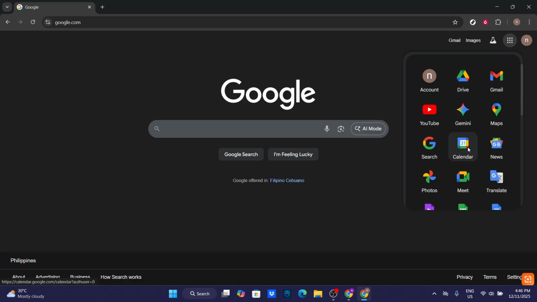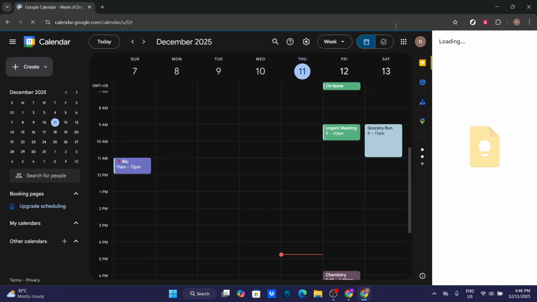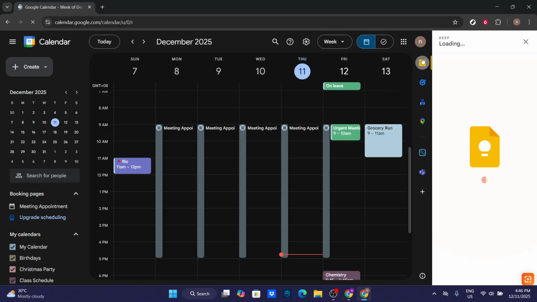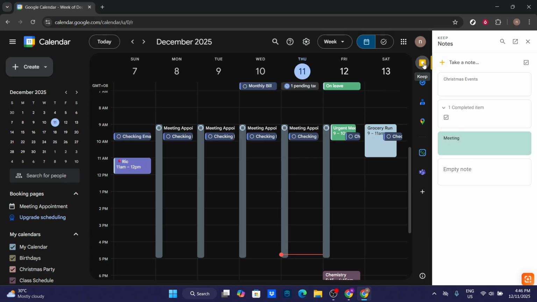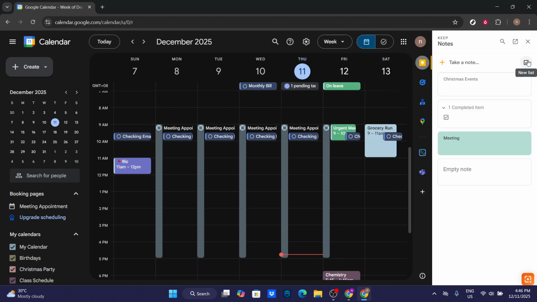Make sure you're signed in to the account where you want the note to live so it shows up alongside your events. Once Calendar is open, look to the right-hand side of the screen. You'll see a vertical panel with helpful tools. Find the light bulb icon for Google Keep. This panel lets you create and view notes without leaving Calendar, which is perfect for quick lists you want handy